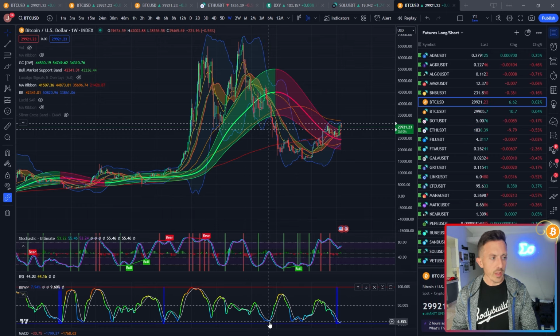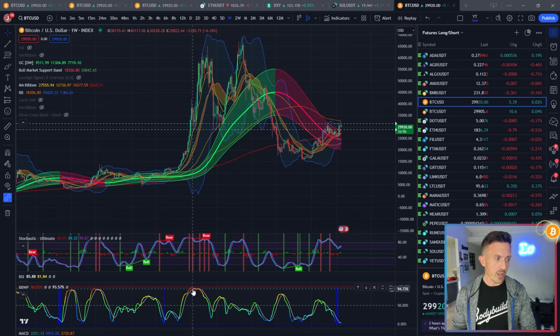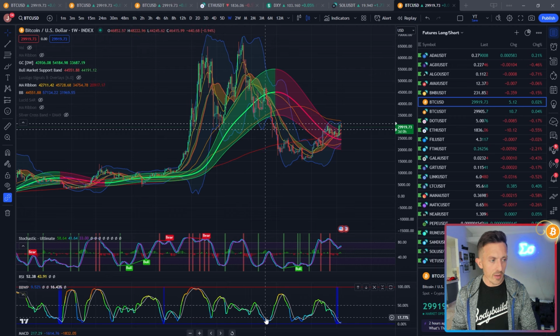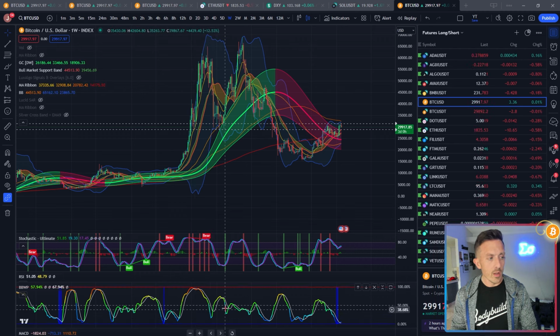So what we generally like to see is a top out on the BBWP, which would be like around here on this weekly chart back in January of 2021, whenever we had that first leg up in the bull market run. But then it didn't actually completely reset all the way down to the bottom until now. It got close a couple times, like in April of 2022, and also in the August to October of 2022 areas. Generally, we like to see a reset below the 10% area for both the BBWP and the signal